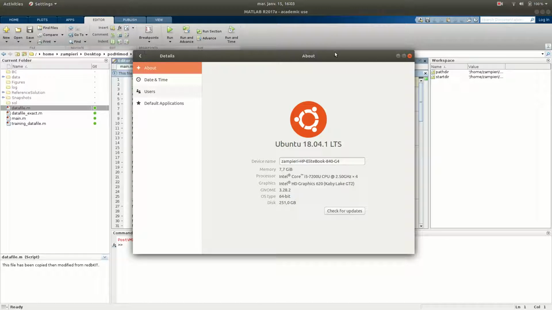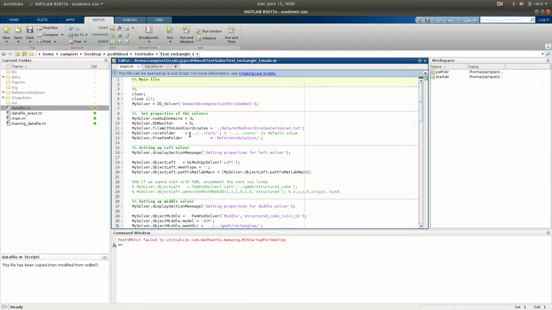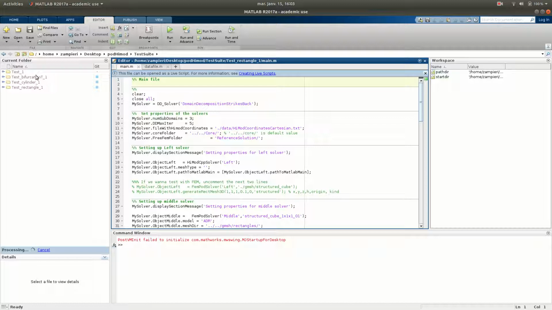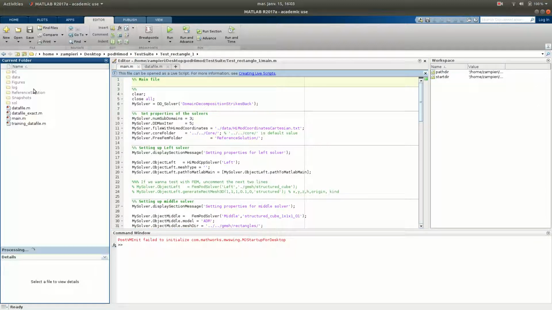Good morning, everyone. This is a tutorial on how to use podHimod. So that's my version of Ubuntu and my version of MATLAB. Now on MATLAB, if you go on podHimod under test suite, you see some test case, and by choosing